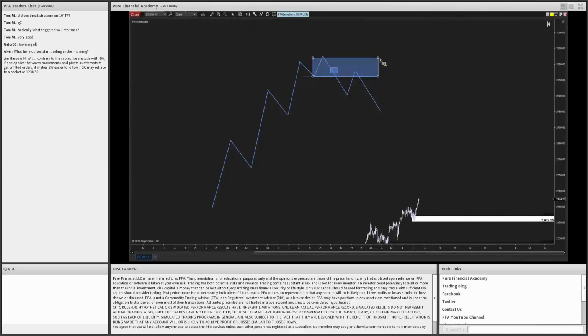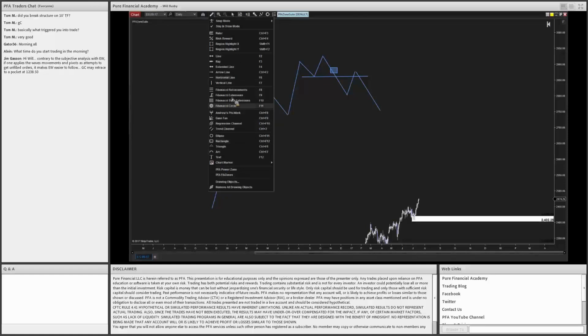But the problem with that analysis there is how are you going to trade it, right? I mean, what do you really do with that? One could say, maybe there, right? One could say, well, no, I think it should be this large, and so on and so forth. It's very difficult to define the area in itself. So what we can then do is say, okay, look, on the way down to that area,